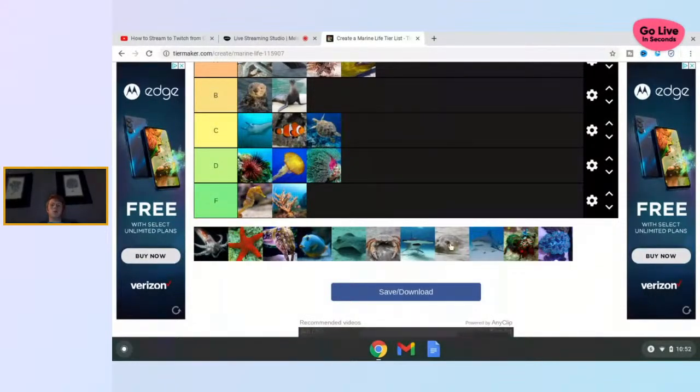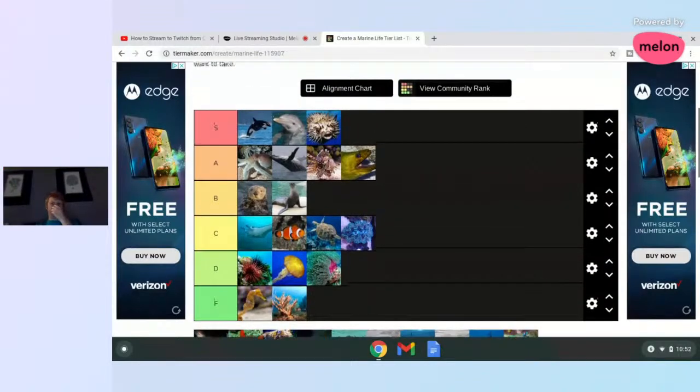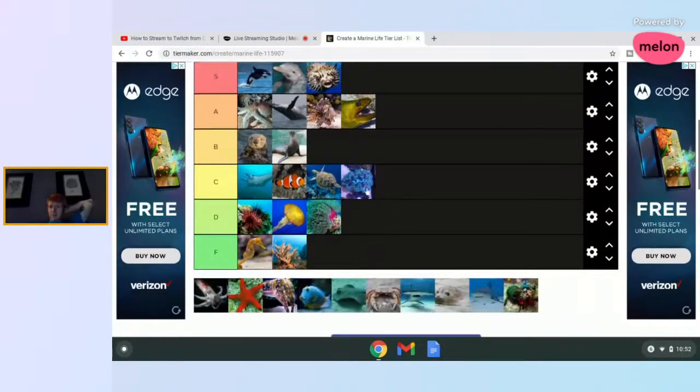What does that leave us? I'm believing this is a giant clam. I'm going to leave it at C tier, and the reason why is because yes, it is a filter feeder. However, it's a large filter feeder that can definitely